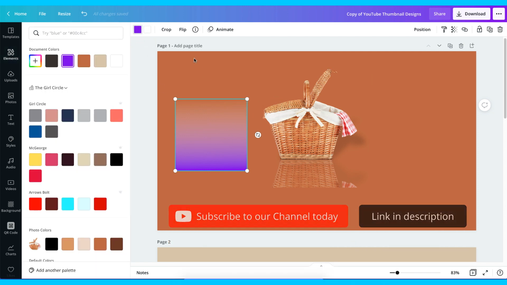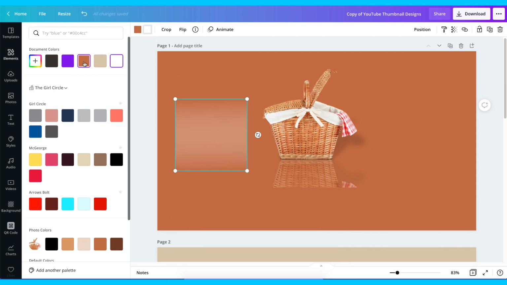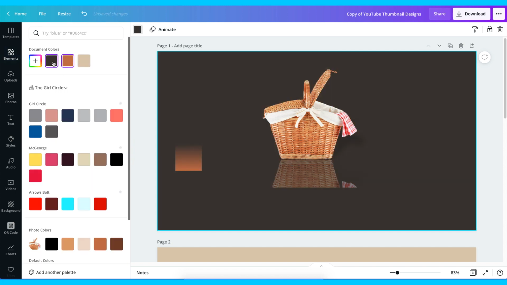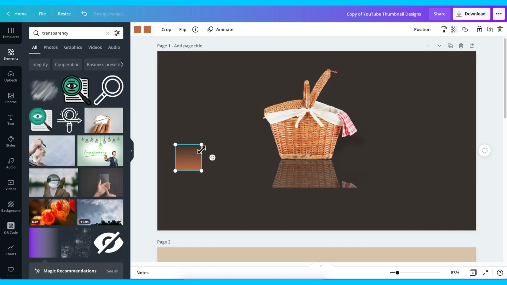Now I want to change it to the background of this photo. So this is going to be this color, and the white is also going to be this color. So we've got it here. By default, you're not going to see this particular effect here, but if you change this color right here to black, you're going to see this color. So what we're going to do is we are going to reduce this and duplicate this twice,